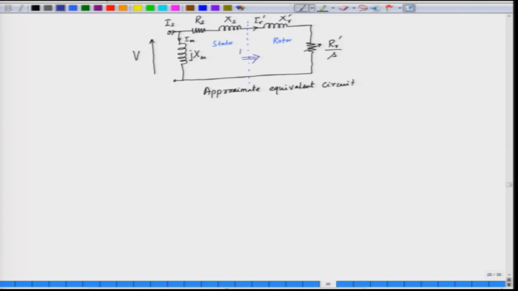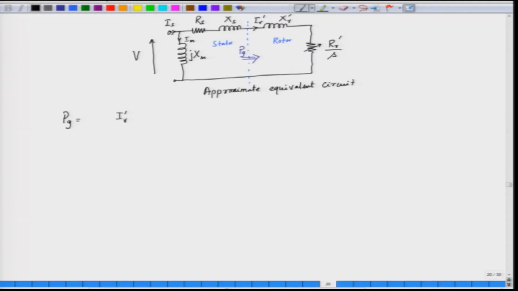This is called PG. Now, what we see in the rotor circuit, we have a reactance, we have a resistance, and the power which is an active power is verily the power consumed by the rotor resistance, that is Rr prime by s. So, we can write down the air gap power as